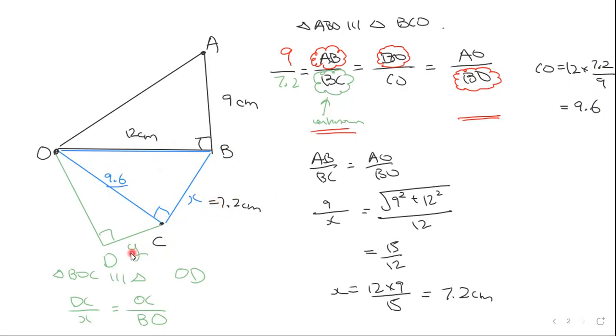We can get your Y. We'll just quickly work that out. So your DC is your Y over X equals CO is now known, BO is now known. So DC must equal 7.2 times 9.6 over 12, which of course is 0.8,